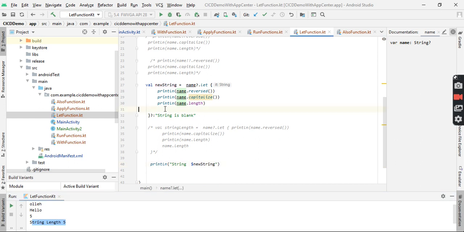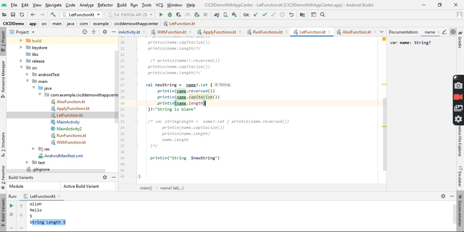So you can see, basically the string is blank value we have assigned. We are using the Elvis operator. We will discuss the Elvis operator later.